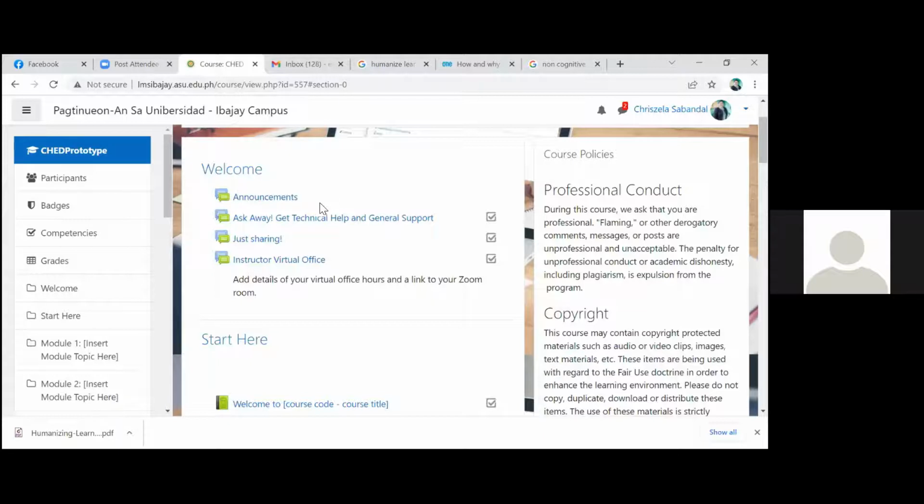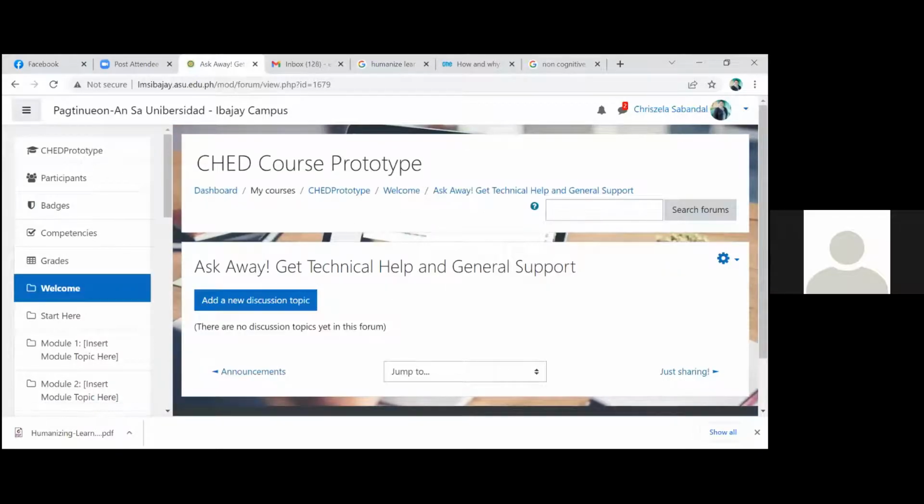And then meron ding ask away, get technical help and general support, especially because we are using online applications. Pwede iya kara naton ibutang ro mga detail na i-access it atong students to help them how to use ro mga technical applications nga ginagamit naton and provide general support. And then just sharing, kung i-click naton, sa forum pwede ka iya kara mag-create